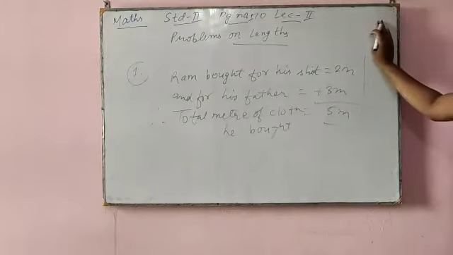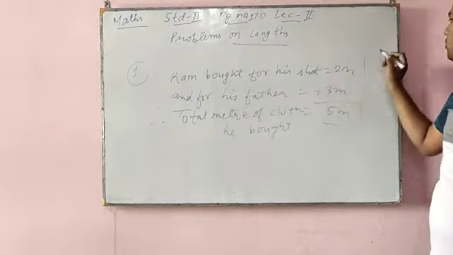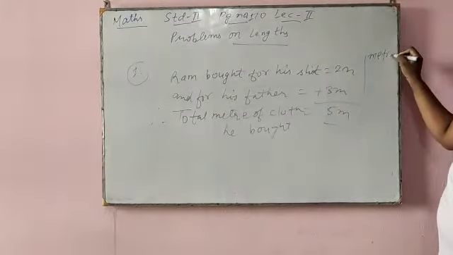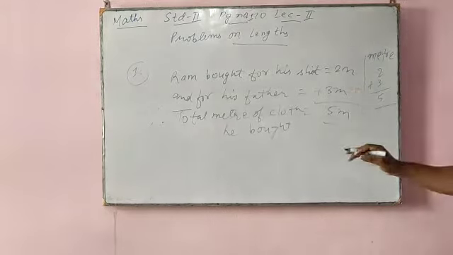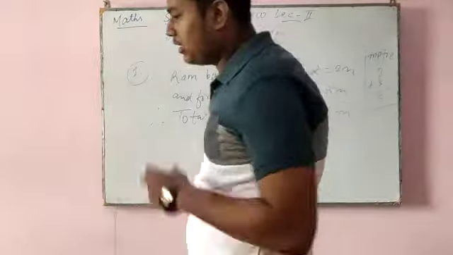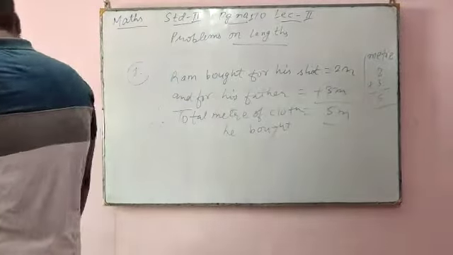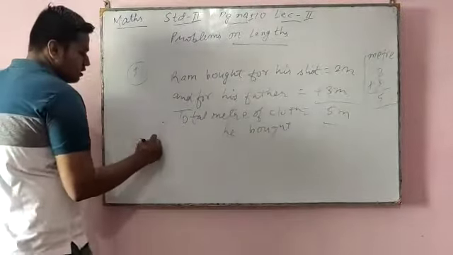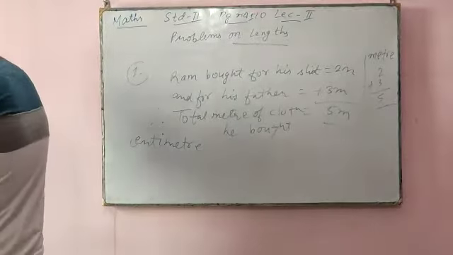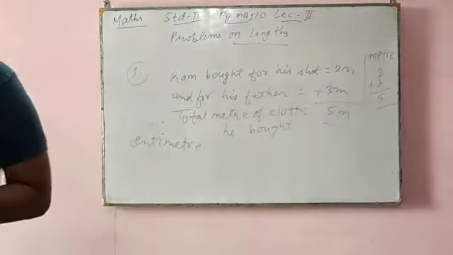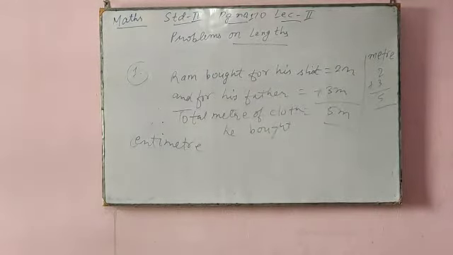But when you write in your copy, see, this is in the form of meter, so you have to write METRE. 2 plus 3 is equal to 5. If it is in the form of centimeter, then you will write centimeter, and the spelling is CENTIMETRE. When you find it in terms of meter, then you will write meter. When you find it in terms of centimeter, you will write centimeter.